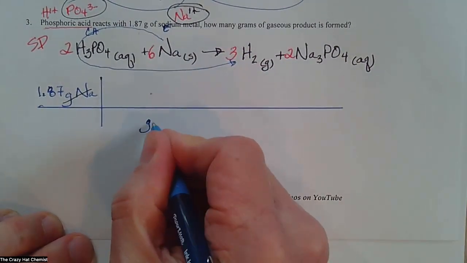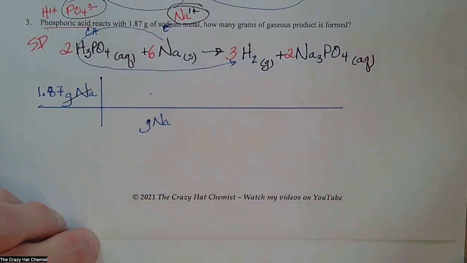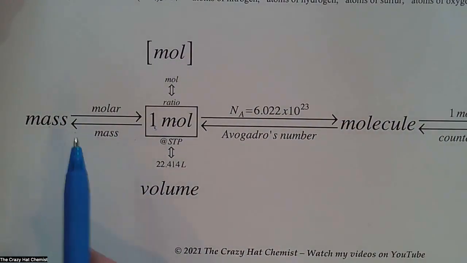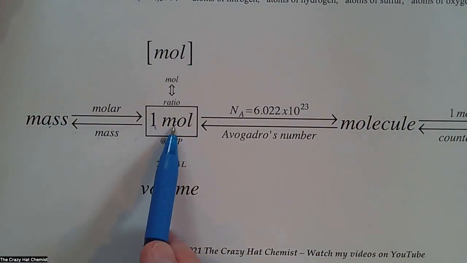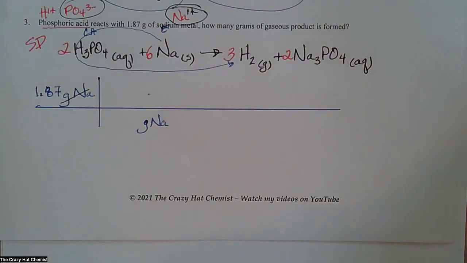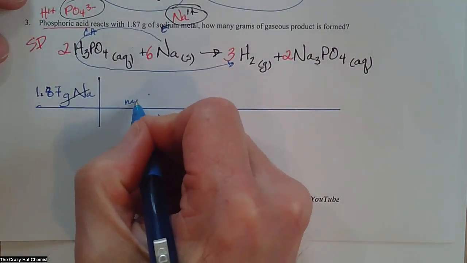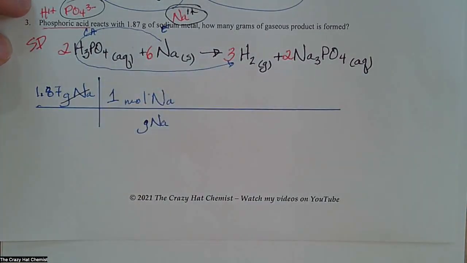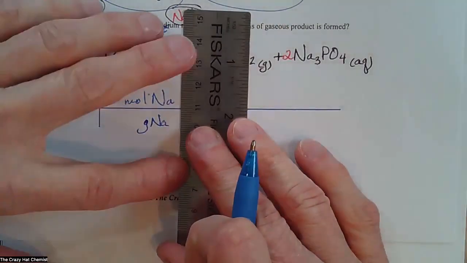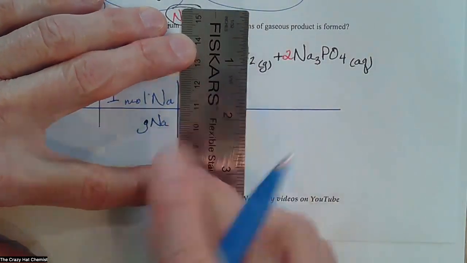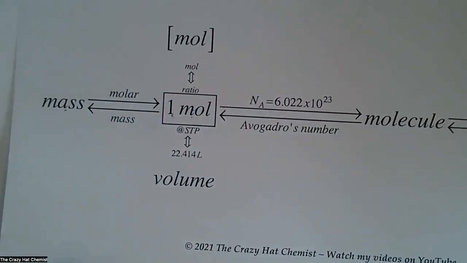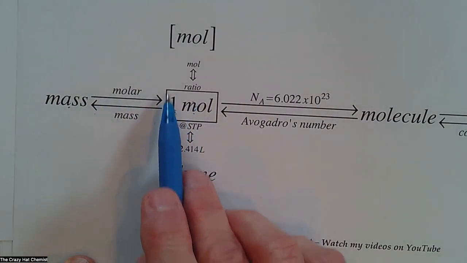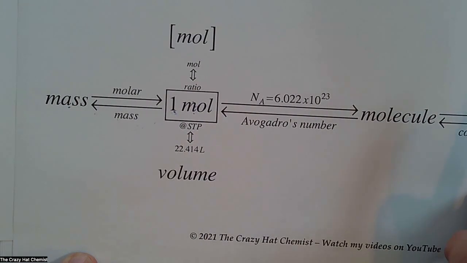So I'm going to have grams of Na right down here. And then I'm going to look at my flow chart and I'm going from mass, that's grams, to moles. So I'm going to have moles up here in the numerator of Na, and the number is a 1. Number is a 1 because of my flow chart, just to verify and validate that. I'm going from mass to moles. The number in front of the mole is a 1, and I'm using the molar mass to toggle back and